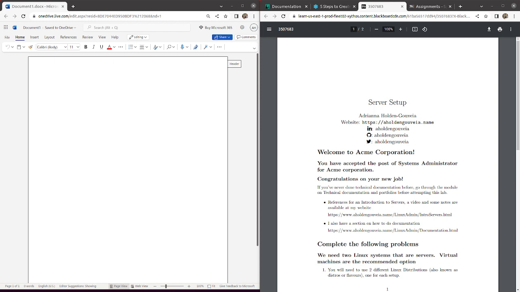Now, I know that this may not seem like the most exciting thing to be able to do, but I assure you that documentation is actually really important both for other people but also for you. One of the most important things that you can do is be able to make sure that whatever you're working on is repeatable. So let's say, for example, you've been hired as a systems administrator. Now, you are going to want to keep track of all of the things that you've done as systems administrator, both so that you have a record of everything you've done